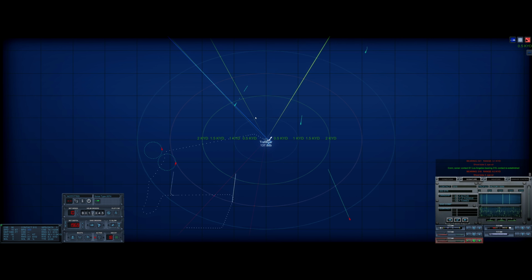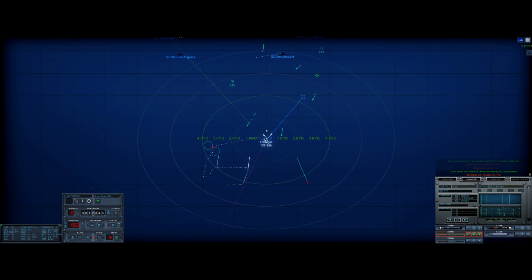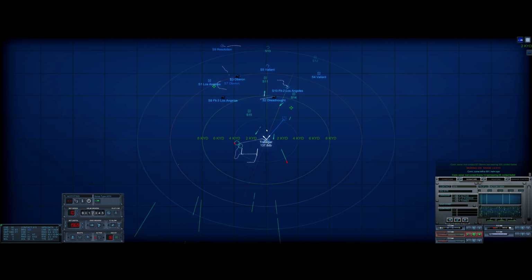Sonar, regained contact on Sierra 1, bearing 319. Yeah, I've got a bit of a challenge up ahead. Sonar, lost contact Sierra 7, last bearing 333. Contact faded. Come left to 001. Helm aye. A lot of targets out there, and we haven't identified many of them, so I'm feeling a little...